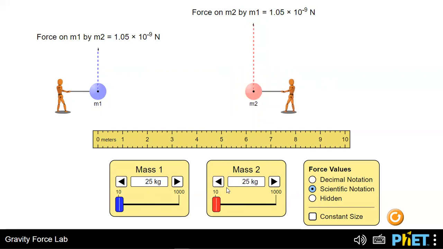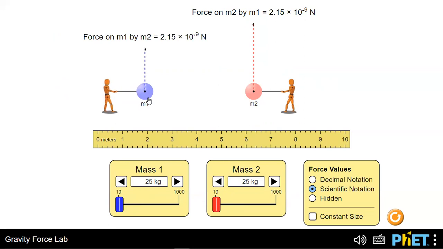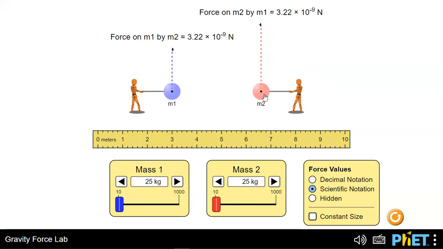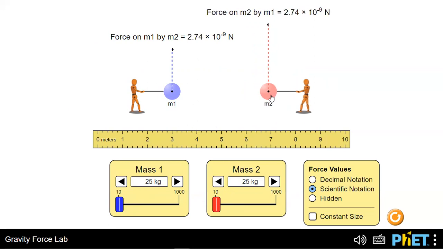So both now have a 25 kilogram mass, and we are going to place M1 at 3 meters. Okay, so that's M1. M2 now is at 7. So as an example, we have here that the force on M1 by M2 is equal to 2.61 times 10